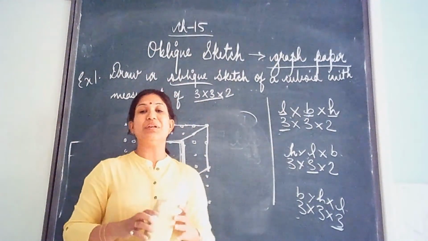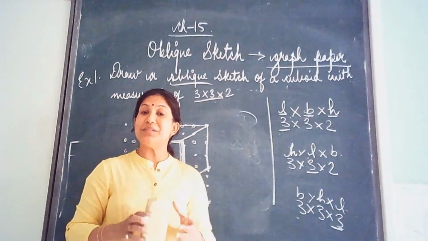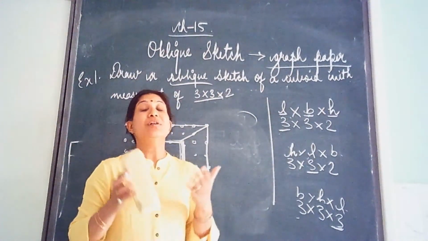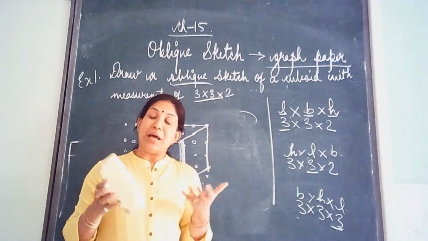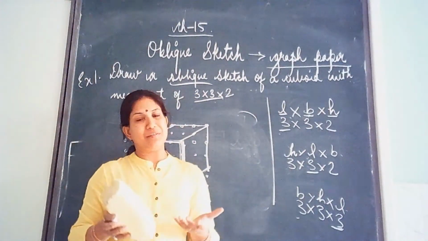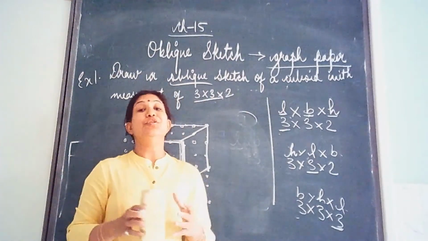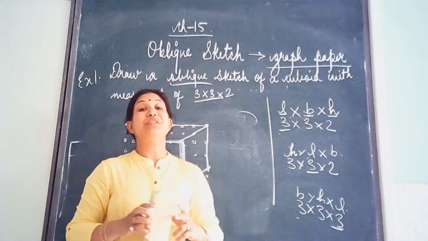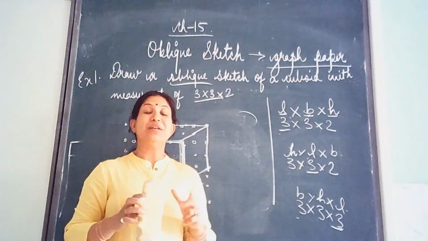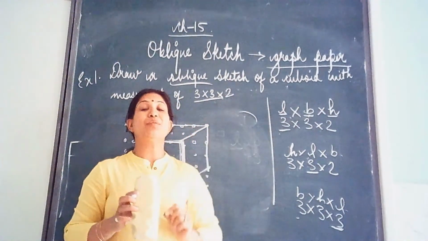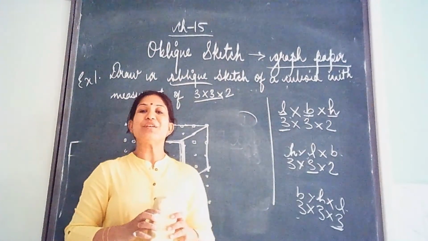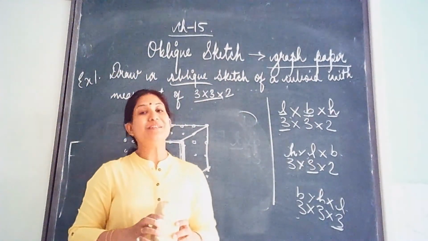You just turn the pages, you will see you have houses. Same way you can draw the houses of Manipur and Nagaland. These are some examples I am giving you for your activity, and beautiful colors you can apply and do some sketches on it. That is the tribal art sketch. You can also mark it with marker or black color. So I hope you have understood this very well.